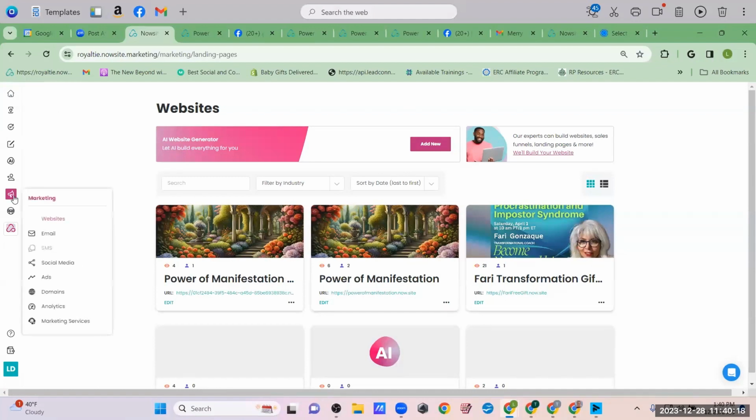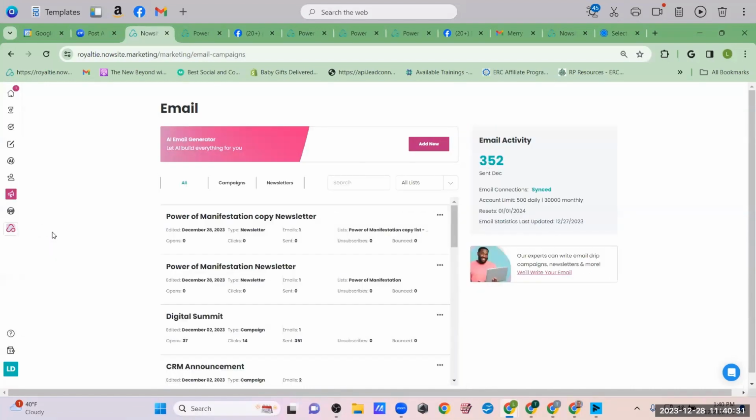So next, we're going to go to the icon with the megaphone again. This time we're going to click on email. And then I'm going to say,